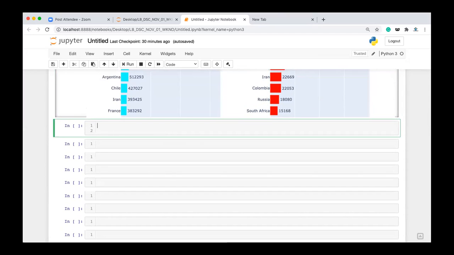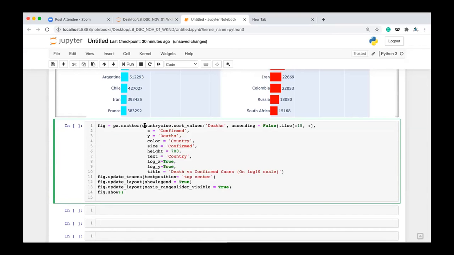Fine. So next we have the last one, scatter plot. For this scatter plot, we have the px.scatter function, and for that we are passing country-wise sort_values death, ascending equal to false, and then I'm slicing the first 15 values using the iloc attribute. Clear? I'm not slicing columns, I'm slicing row values. First 15 rows. X is equal to confirmed, Y is equal to death cases, color is country, size is confirmed